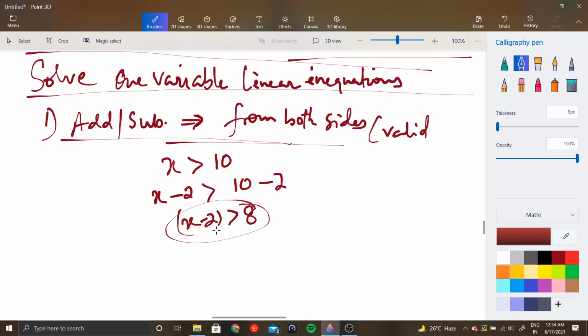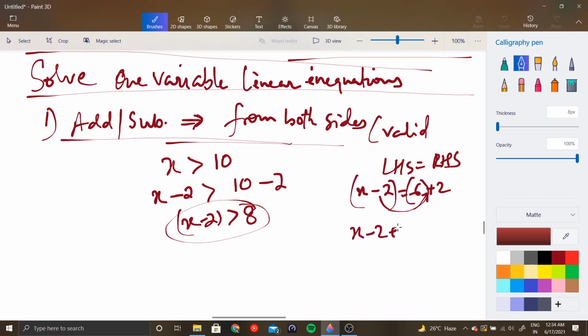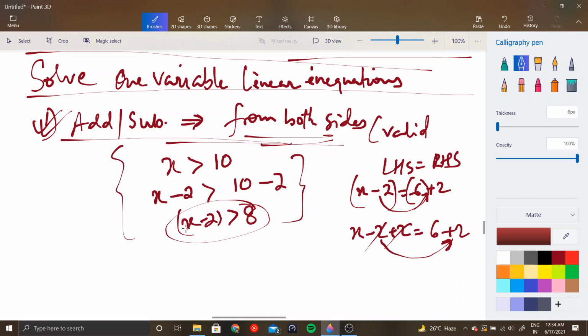This is still valid. Now this is in basic algebra. When you had two sides, LHS and RHS, of an equation, x minus 2 is 6, what you did is you took this to the other side and changed the sign. The mathematical reason behind it is that you added 2 to both the sides. So x minus 2 plus 2 became x, and 6 plus 2 became 8. In mathematics, you don't just take things from one place and put them in the other place. There's a reason behind it. We are actually adding and subtracting the same term from both sides. And in this case, if you do so, the inequality still remains valid without any change.